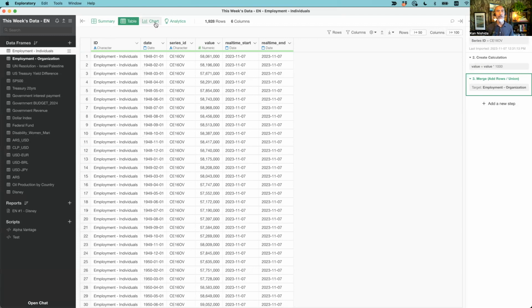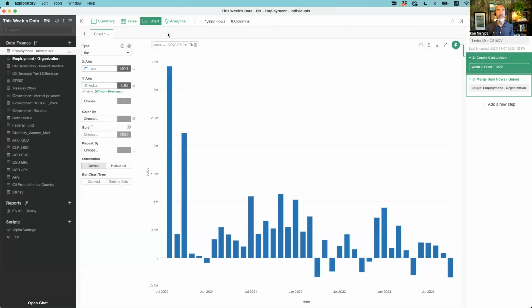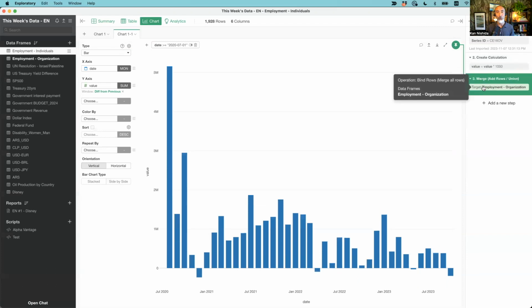Okay, so what I mean by that is, here I'm going to just copy this chart. And this chart right now, look at this pin. The pin is still pointing to the second step, which is before the merge step. But we want to actually bring the merged data together in this chart. So we have to bring this pin button to the third step where the merge happened. And at this point, for example, this bar combines the two data frames, I mean, two metrics, right? So one is the individual, one is the organization.